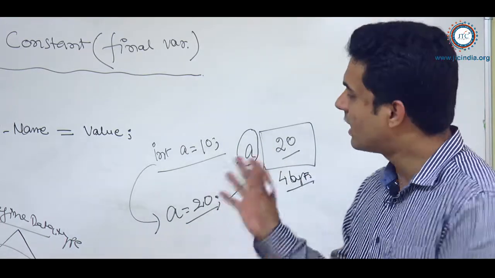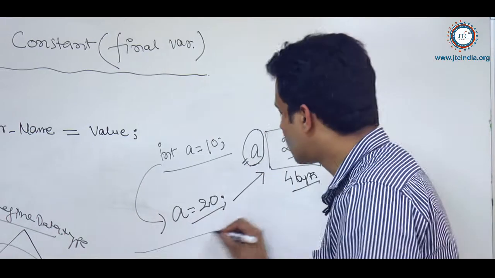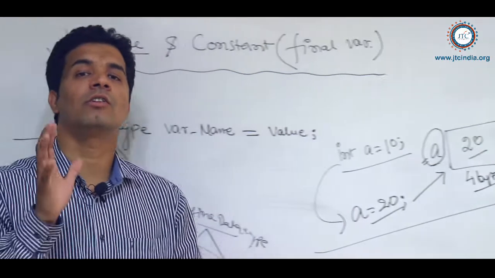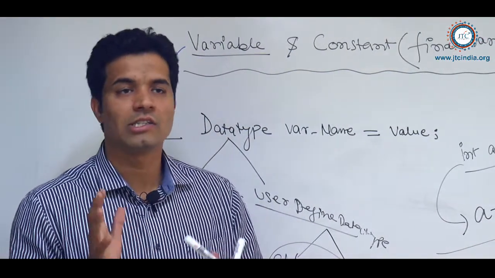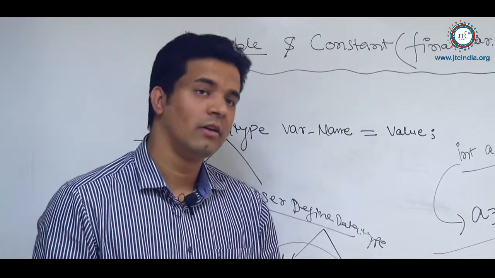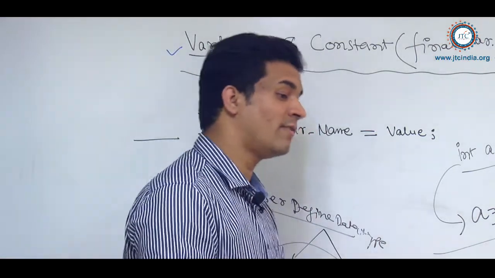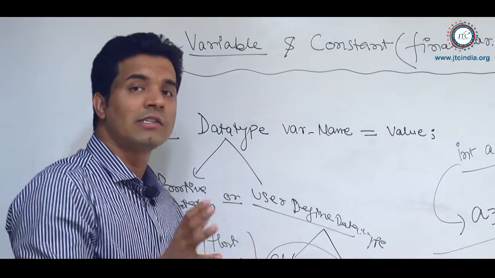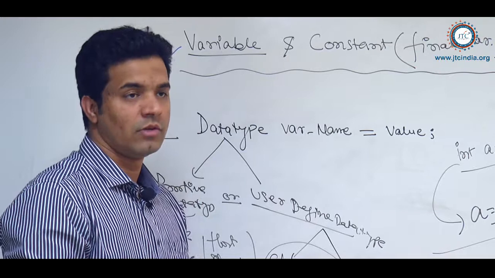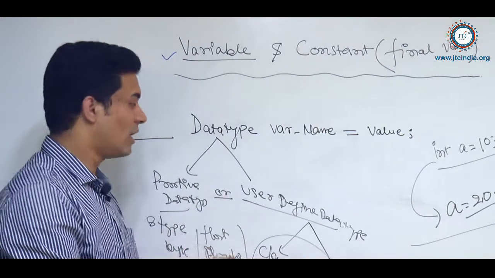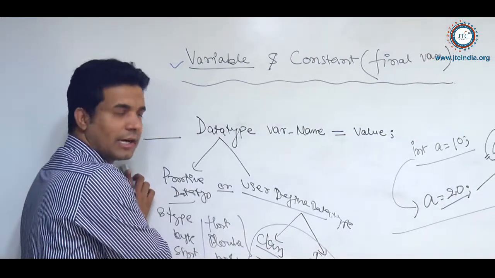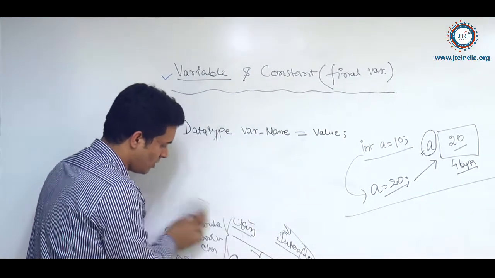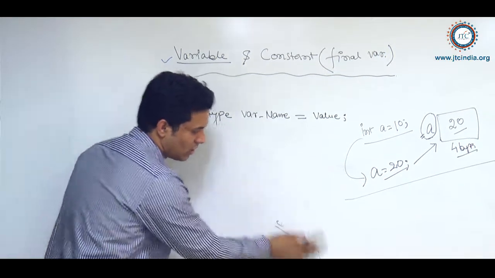Now I'll talk about a constant also. In Java, first of all, there is no concept called constant as such. The const keyword is there in the list of keywords, but we are not allowed to use the const keyword. I'll rub this out and explain something more about what a constant is.